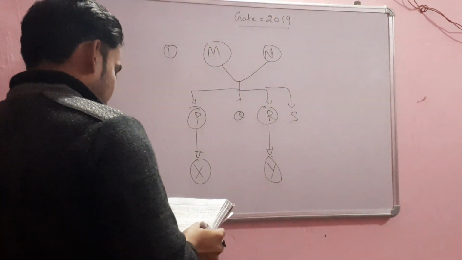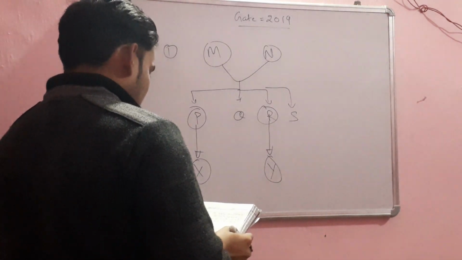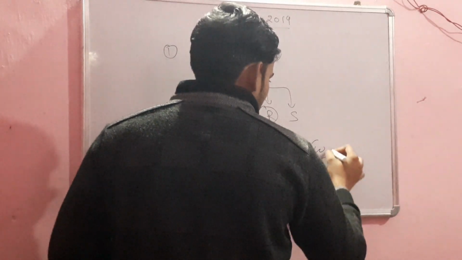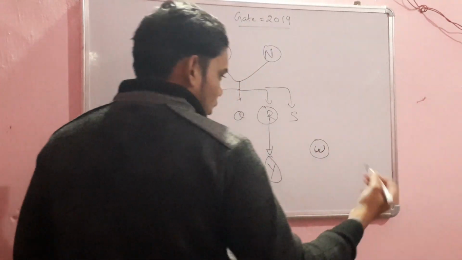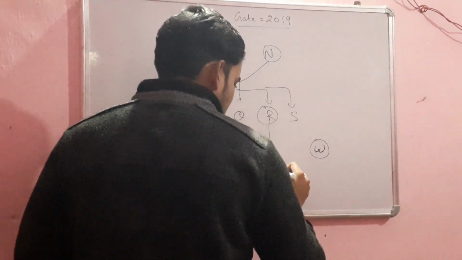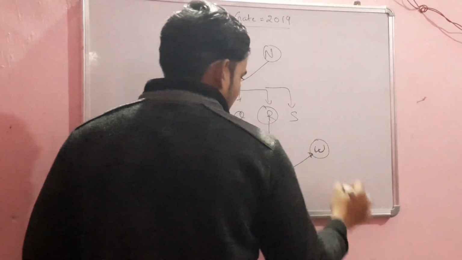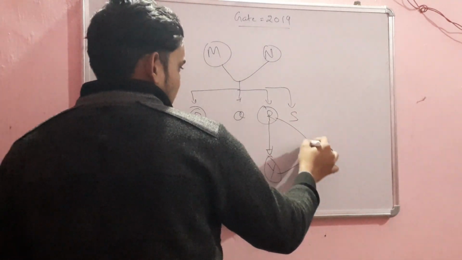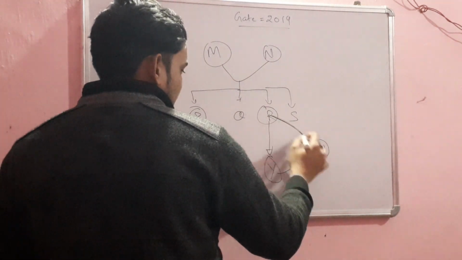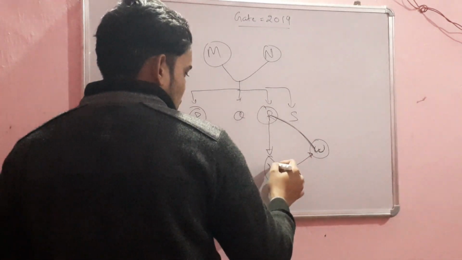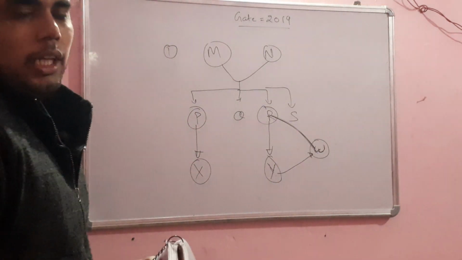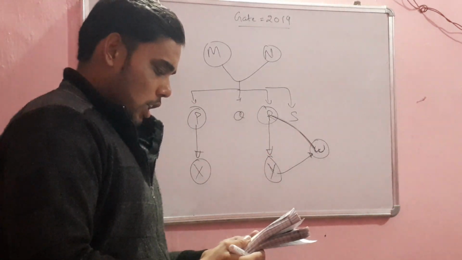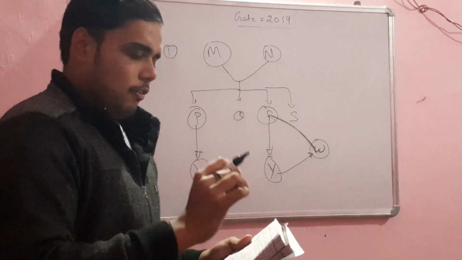Okay, so they have children like P, X and Y, and there is a W. W is another person, and this Y is the only child of W. So this R must be married to this person and have given birth to this child Y. We have been given four statements and we have to select the incorrect one.